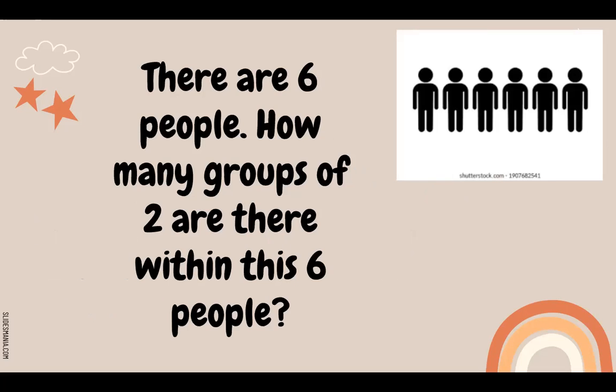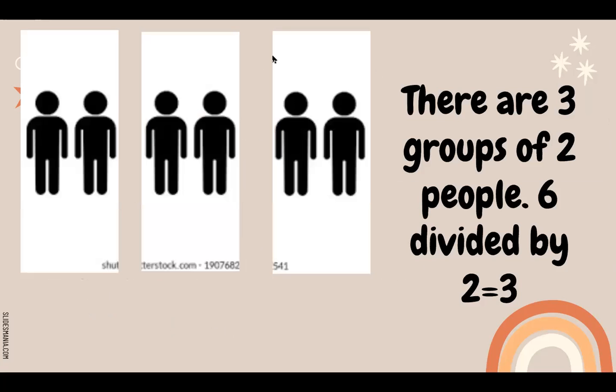Okay, so our first example, I'm going to walk you through a picture example before we get into our group work. So there are 6 people in this photo. Let's count them together. 1, 2, 3, 4, 5, 6. Good job. How many groups of 2 are there within these 6 people? So how many times can we group 2 friends together? Here's 1 group of 2, 2 groups of 2, and 3 groups of 2. Now, if you can't see that there, I have it broken up for you. There are 3 groups of 2 people within 6. So 6 divided by 2 equals 3, because the total 6 people divided into partners, or 2, there would end